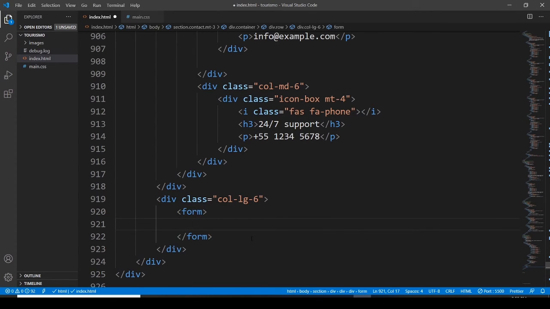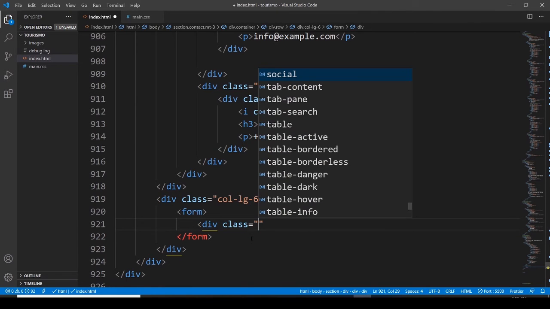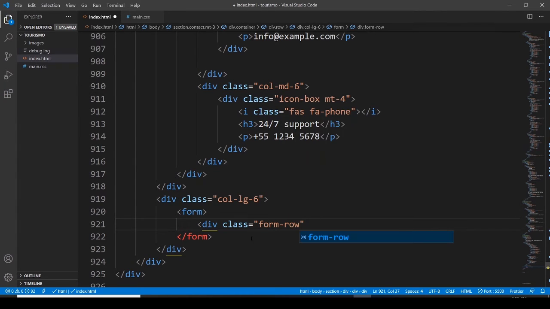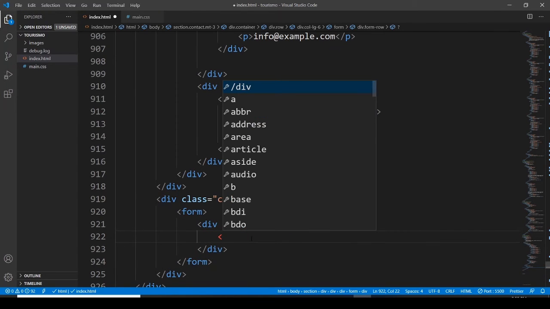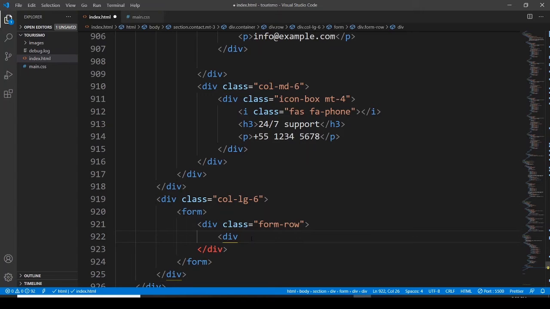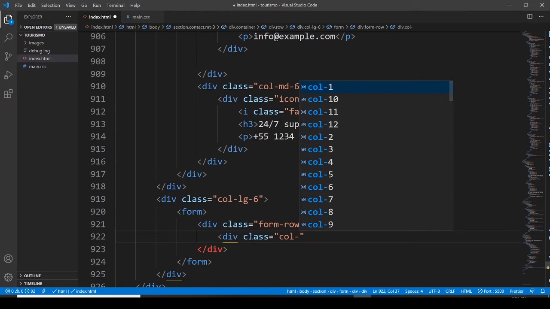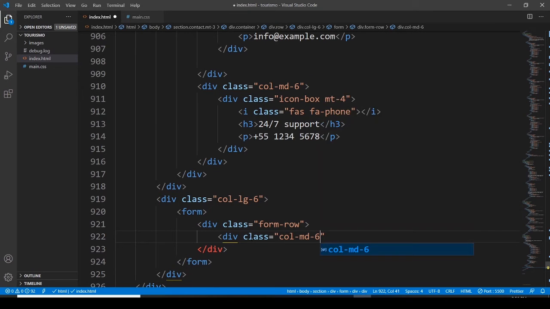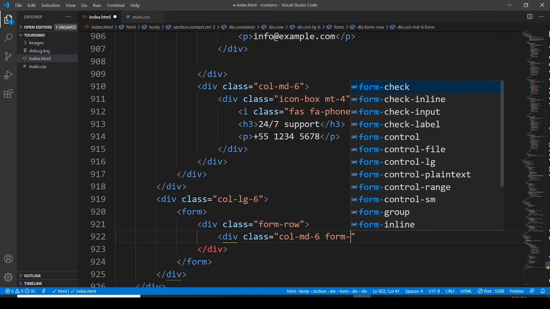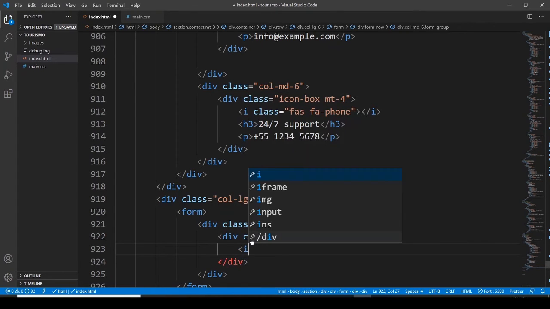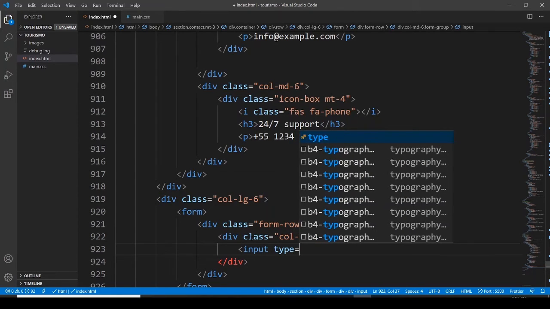So the form element is going to have a division with a class, and the class is going to be form row, and then division, assigning it a class, and this class is going to have a column medium 6, then form group class, and let's go with the input element, and the type of this input element is going to be text,